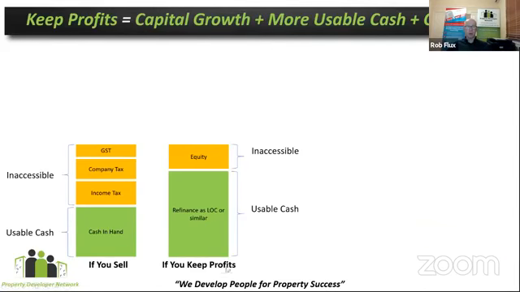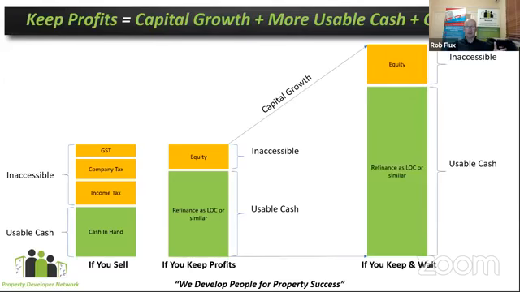Now, because we're also keeping the property, that means we can keep this for a long period of time. And as we do that with normal market movements, you've heard the stereotype that property doubles every 7 to 10 years. If we assume that, if we keep it, then we're going to get the benefit of that long-term capital growth. And as you can see, if we keep it for quite some time, the amount of money that we can pull out that way exceeds the entire 100% that we would have even earned in the original project. So that is our ultimate goal.